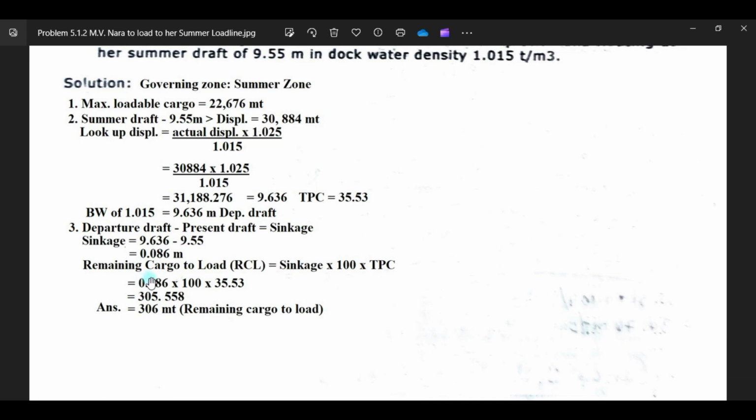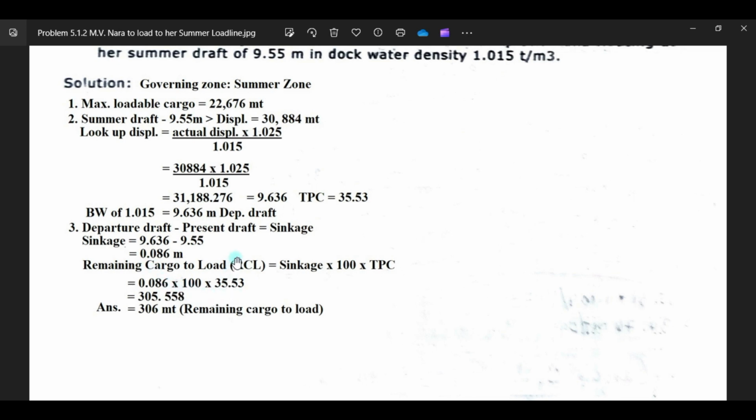So to get the value of remaining cargo is sinkage times 100 times TPC. So your sinkage is 0.086, which is this one, times 100 times TPC.